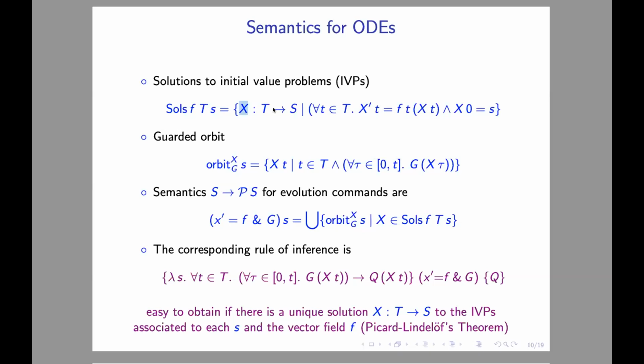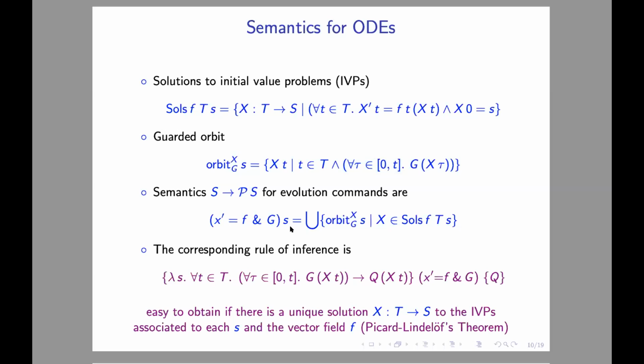And for each one of these solutions, we define the guarded orbit, which is exactly the same as the orbit as before, but with every initial segment protected with the boundary condition. We can take all these orbits together and, for every one of these solutions, take the union so that we get a final state transformer for the differential equation, or as we call them, evolution commands. Now, whenever we satisfy Picard-Lindelöf's theorem,